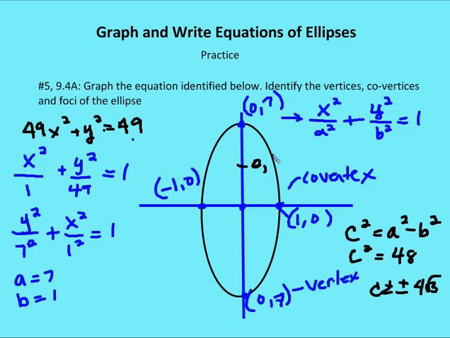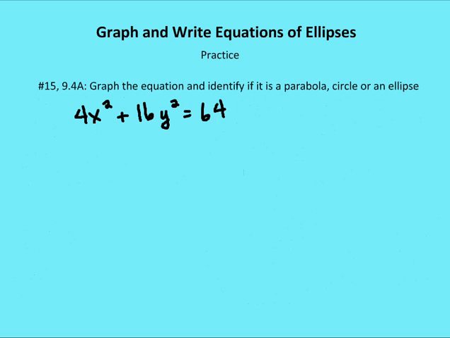So I have (0, 4 root 3) as one of the foci, and the other is going to be at (0, negative 4 root 3). So now I've properly identified the vertices, co-vertices, and foci of the ellipse, and I can now move on to my next problem. In number 15, I'm asked to graph the equation and identify if it is a parabola, circle,